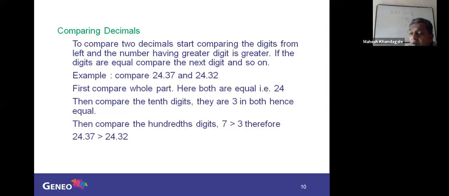And then we have to compare the decimals. Now you know how to compare two numbers. Okay. So how will you compare? We start comparison from the leftmost digit. If both are equal, then we check the next digit. If those two are equal, we check the further digit, and so on, till we see that the digits are different. And whichever of the two is bigger, that whole number will be greater than the other.